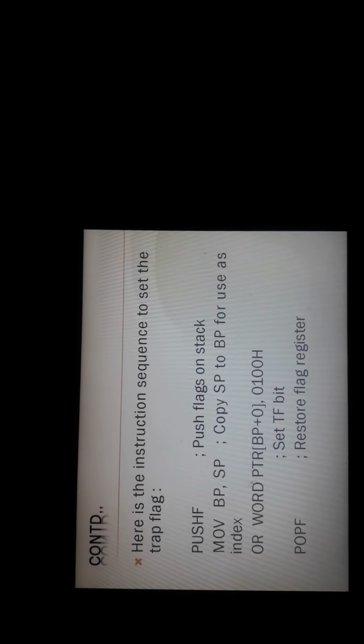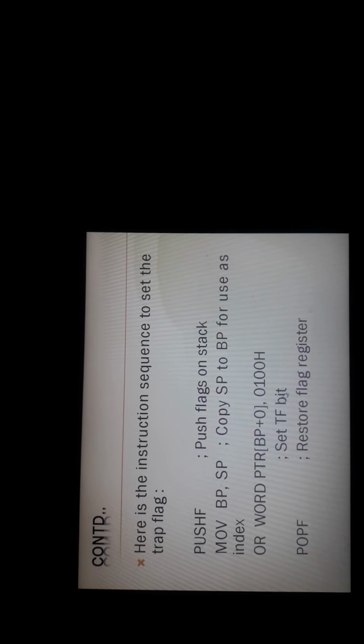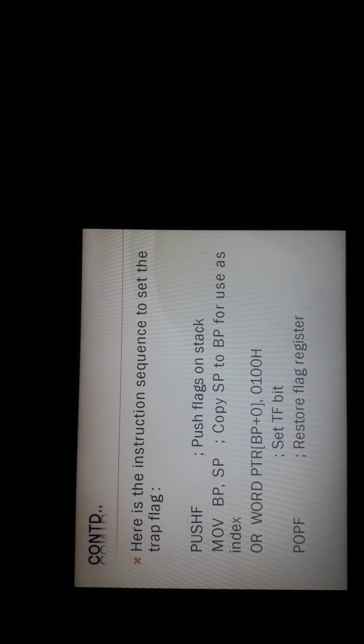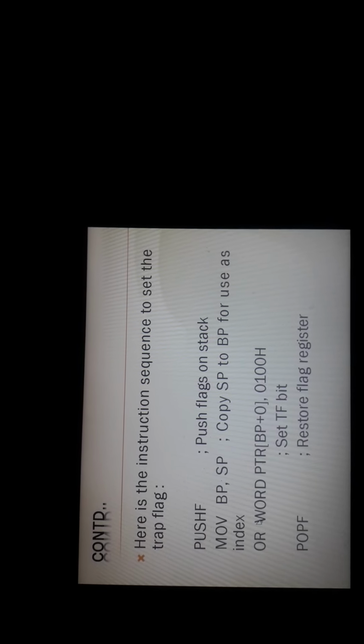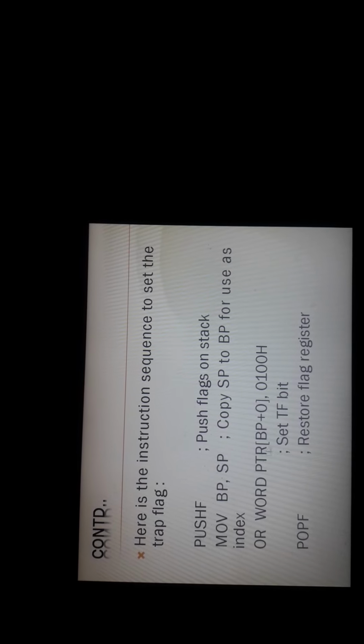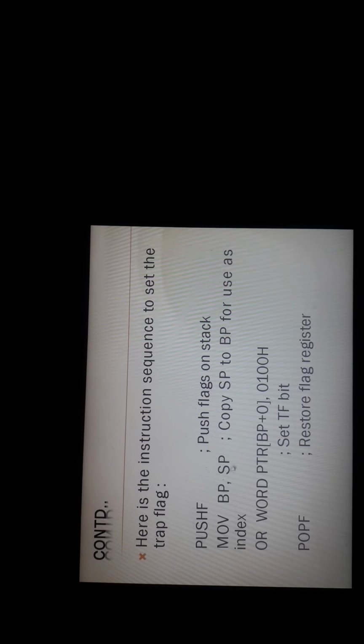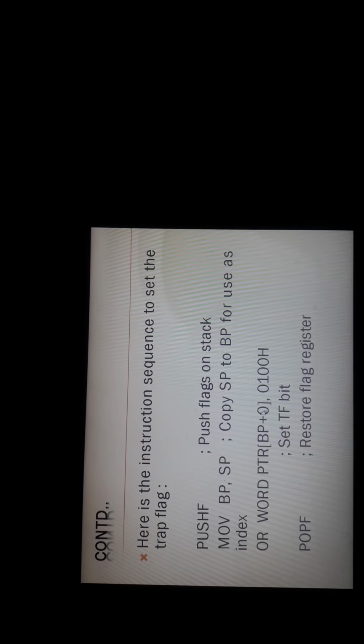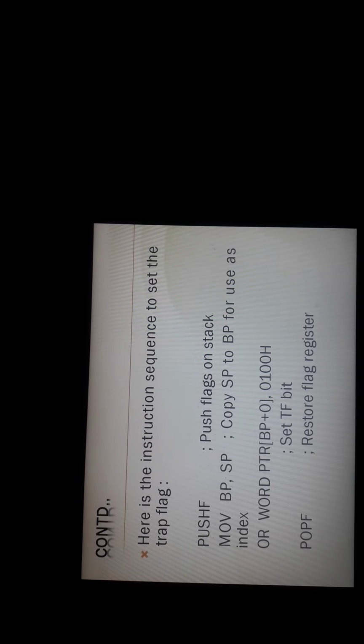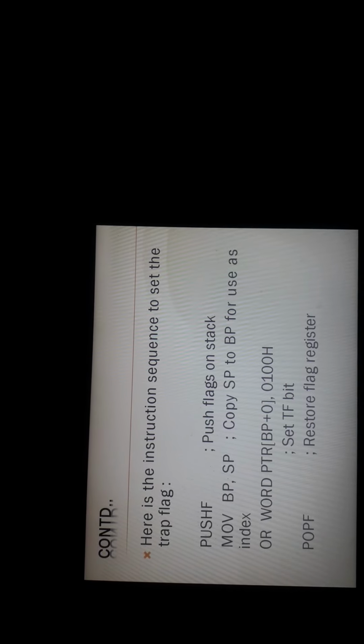You can set the required bit without disturbing any other flag bits, and that is done only with the help of the OR operation. So we are doing the OR operation with the word pointer BP plus 0 and 0100H. Whatever the values in the flag register, they are ORed with 0100H.